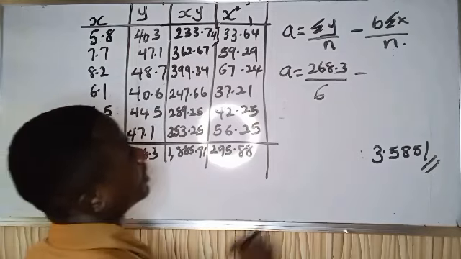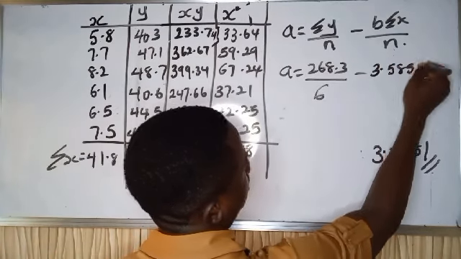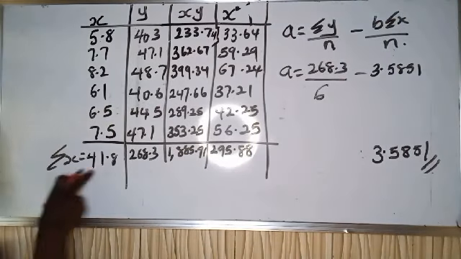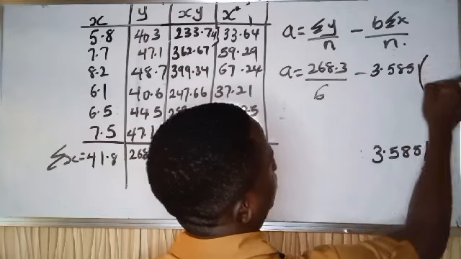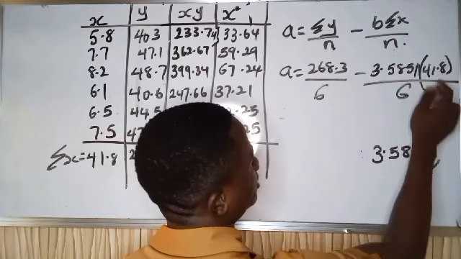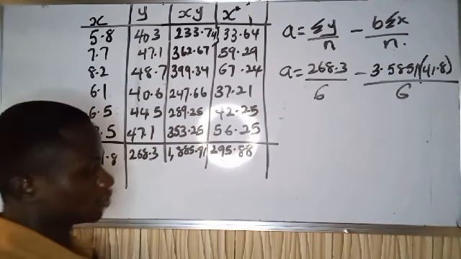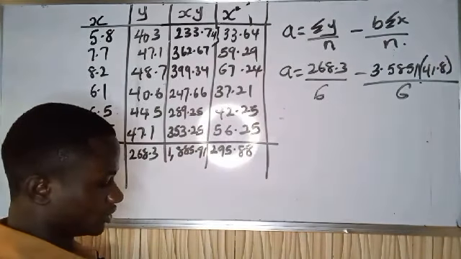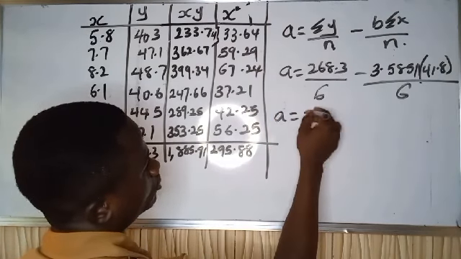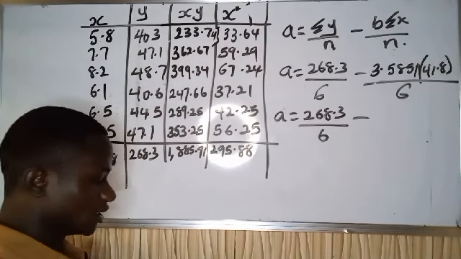So we have my B, which is 3.5851, then multiplied by the summation of X. If I sum all my X, I'm getting 41.8, all divided by 6, which is my N. So I can clean this now. Doing the mathematics for this, my A will now be equal to 268.3 divided by 6 minus, if I multiply this, it will give me